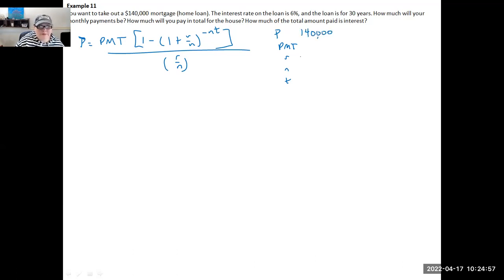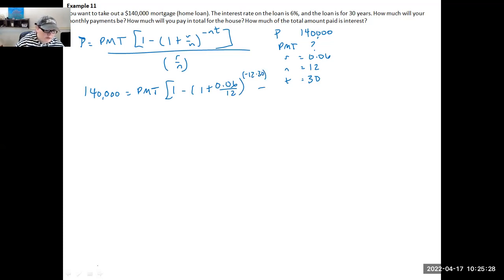The interest rate on the loan is 6%, so your rate is 0.06 in decimal format. The loan is for 30 years. How much will your monthly payments be? So N is equal to 12. All right, we're looking for PMT, so I'm just going to plug these in here. 140 grand equals PMT, 0.06 over 12 raised to the negative 12 times 30, close minus,